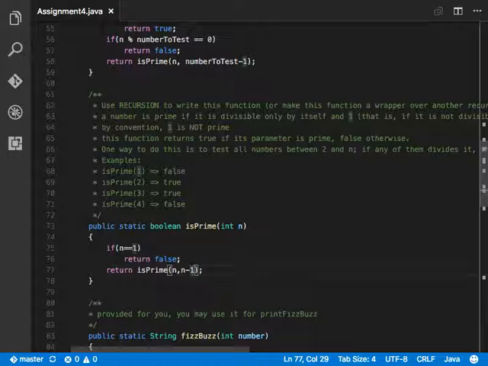There is an optimization that we can do, which is when you have factors, right? You know that one is going to be less than the square root of n, and the other one is going to be bigger than the square root of n. Does that make sense? If you have the number,